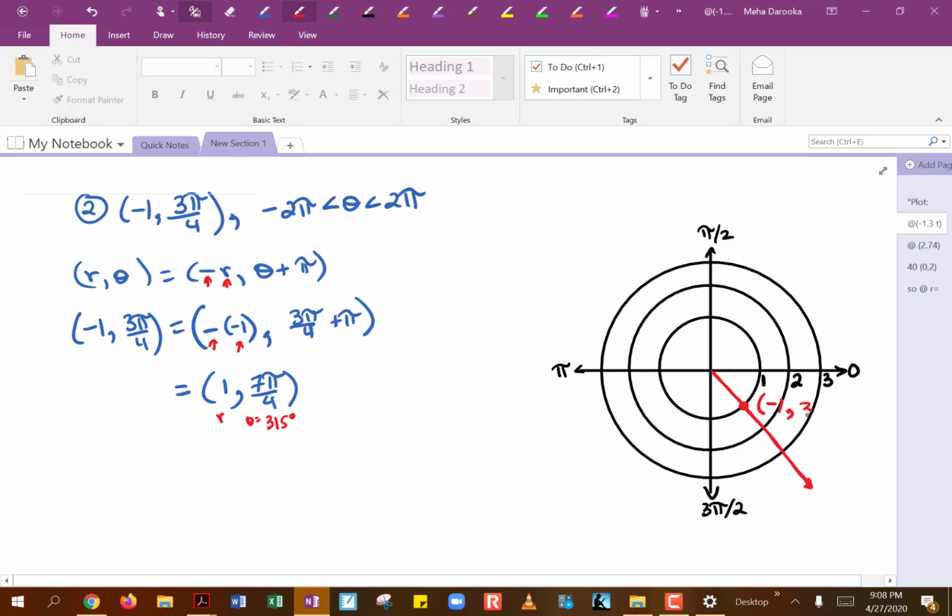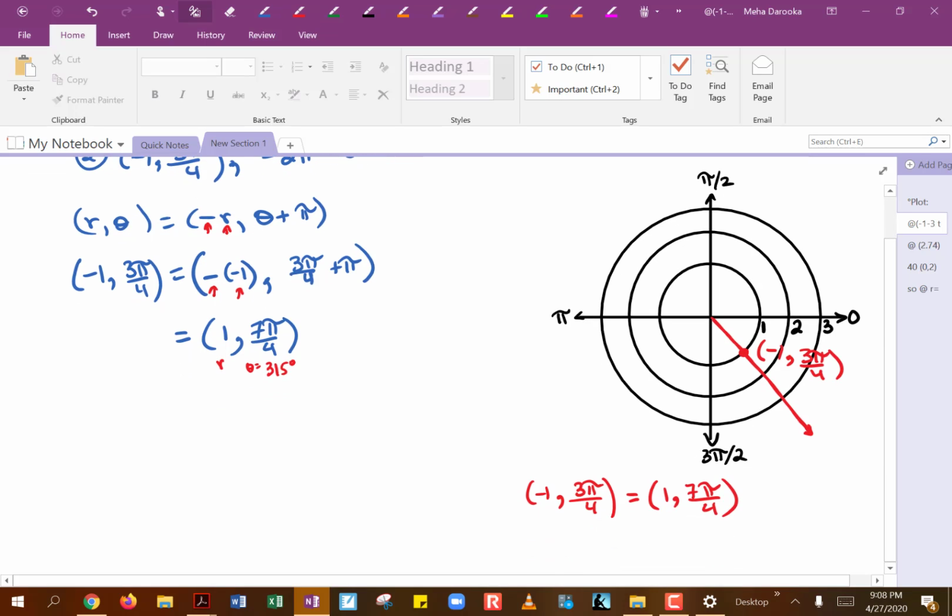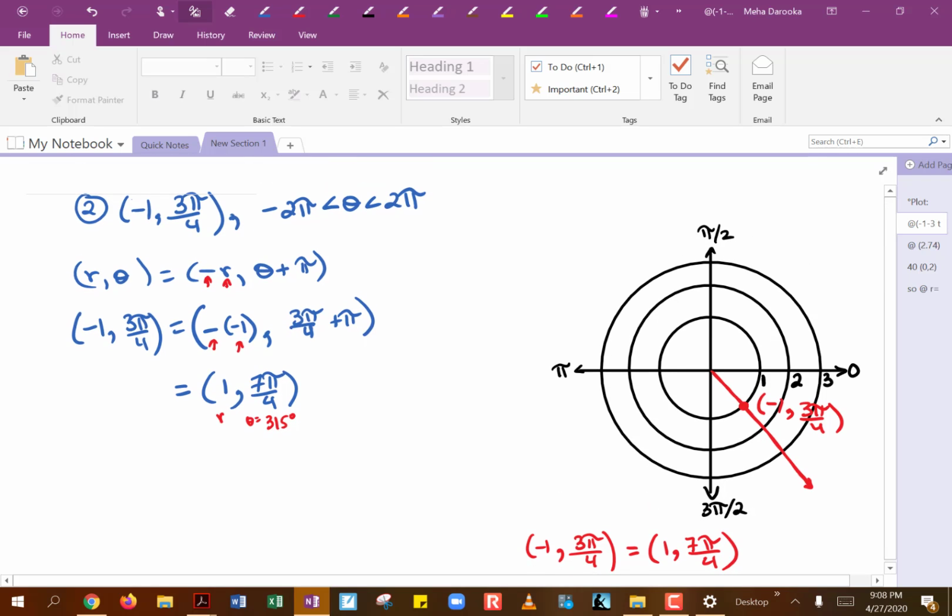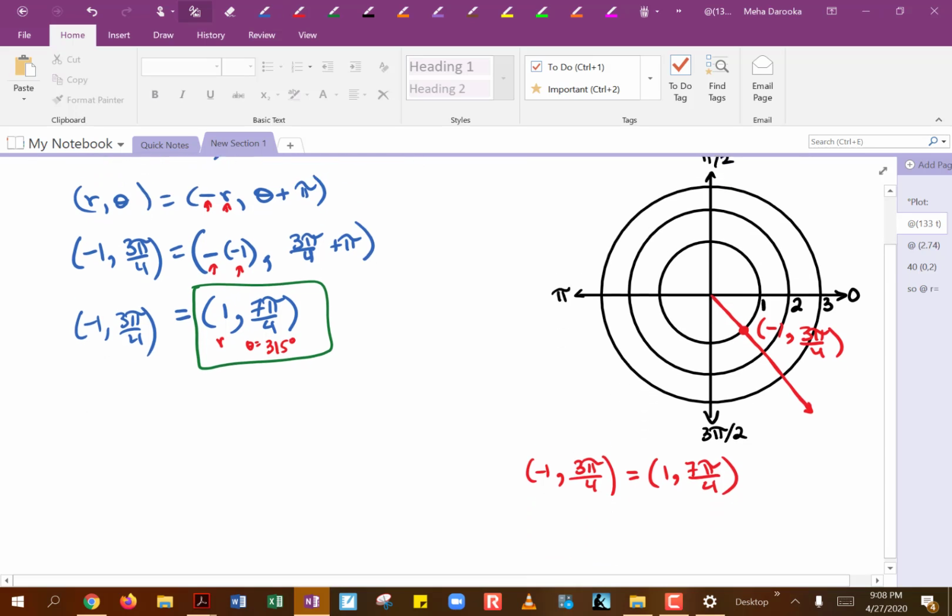negative 1, 3 pi over 4, or you can think of this as negative 1, 3 pi over 4 equals positive 1, 7 pi over 4. Okay, so just for using this in our graphing method, we have actually gone ahead and gotten our first representation for our original angle. So now we just need to find 2 more representations. So in this case, we did negative r, theta plus pi. So how about we now try